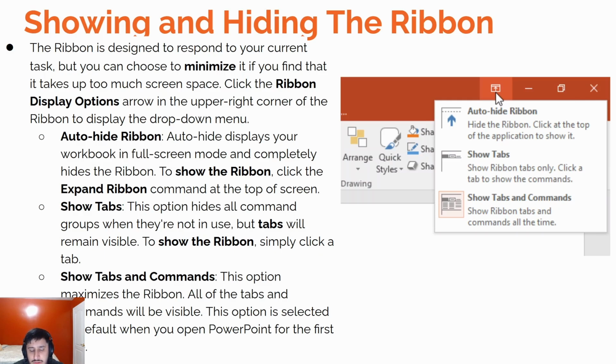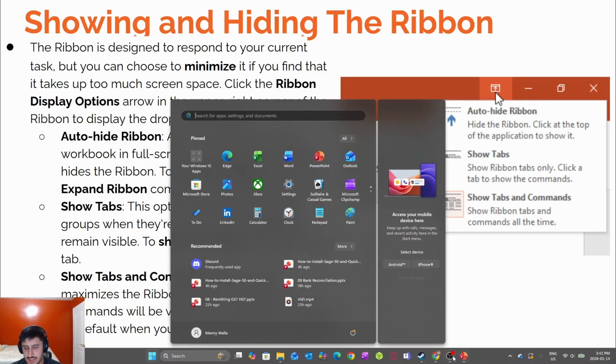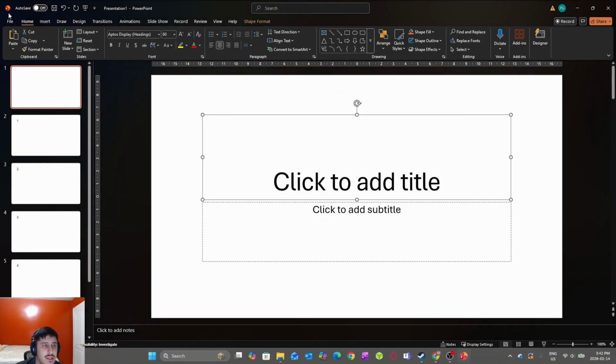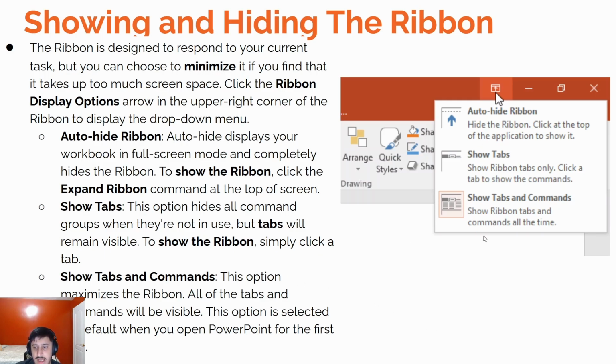But the long and short of it is that we could hide the ribbon, so you can work in full screen mode, and it keeps it tucked away until you click on the button to bring it back. And we have the ability to show tabs. What show tabs does, if I show you, is it will show these up here, but it won't show the menus unless you click on it. So these will drop down. And then we can show tabs and commands, which is the default view. It'll show everything, so we see the tabs and the individual commands